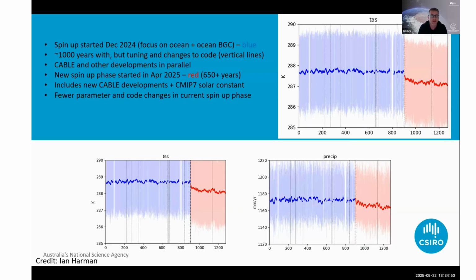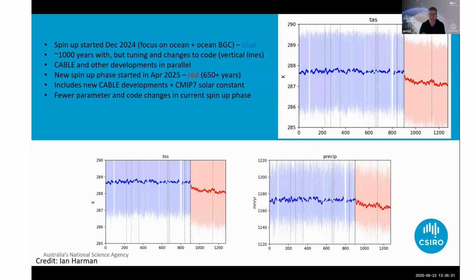We started the first spin-up in December last year, managed to get something running just before Christmas so that we could make use of the quiet period and keep things running on the NCI. So the first spin-up run that we set up was mainly focused on the ocean and the ocean biogeochemistry, although it was set up as a fully coupled run with the ESM, but not bringing in the changes that Rachel described at the beginning. So it was mainly an ESM 1.5 setup, but with changes on the ocean and bringing in the new Wombat